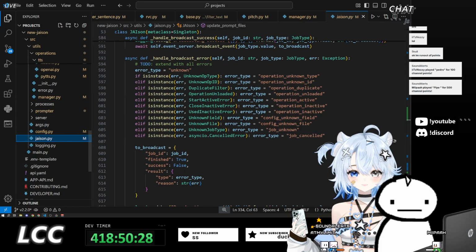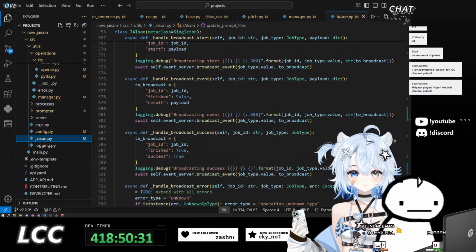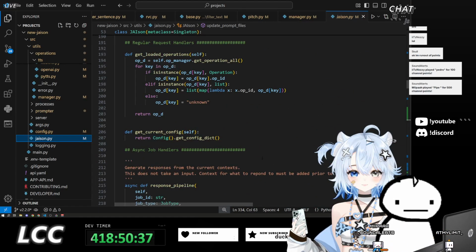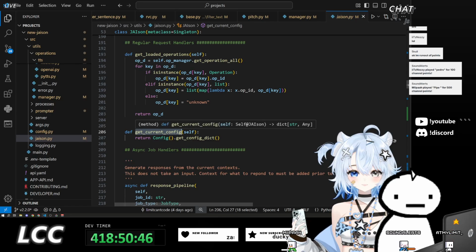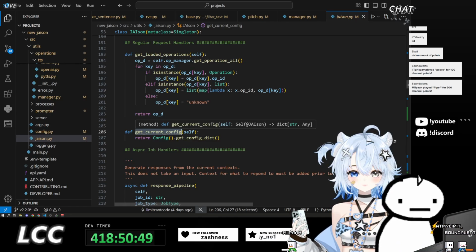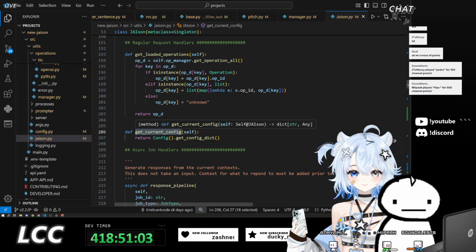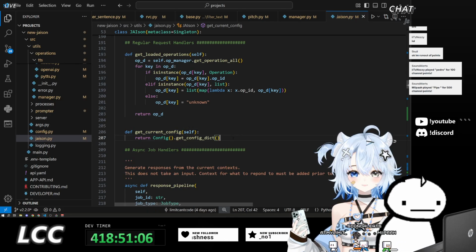That means in the ISO application layer, we'll need regular request handlers for getting the operation details for a particular operation.